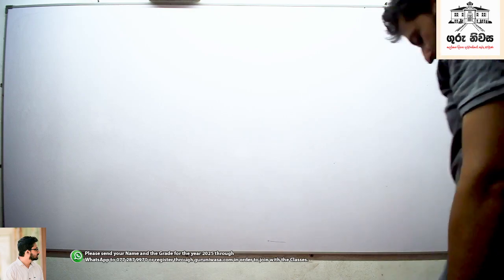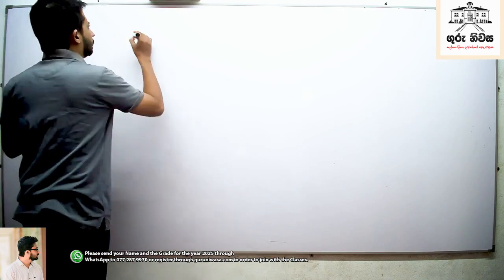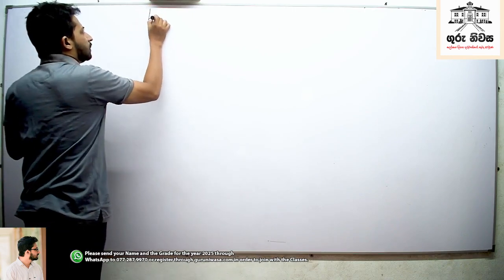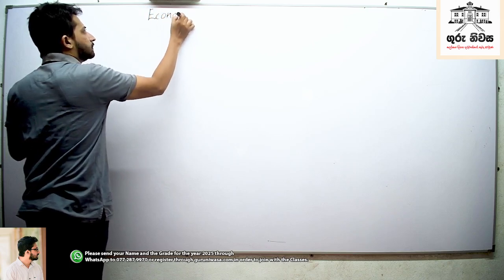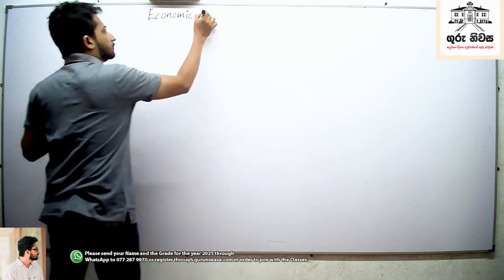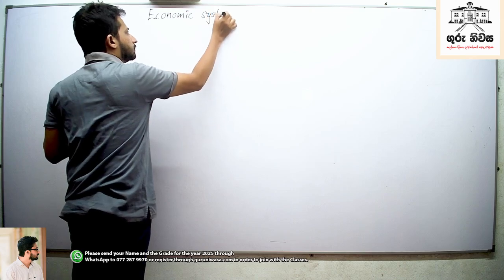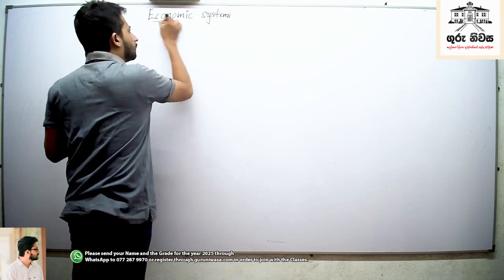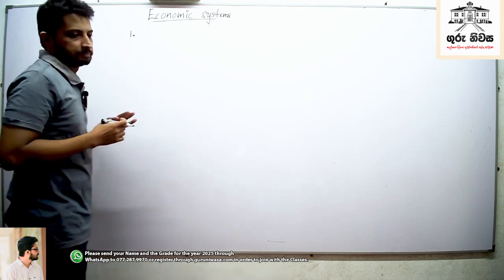Right, these are the main areas that you should remember. Number one is... our lesson is economic systems. Economic systems. Okay, the first one is